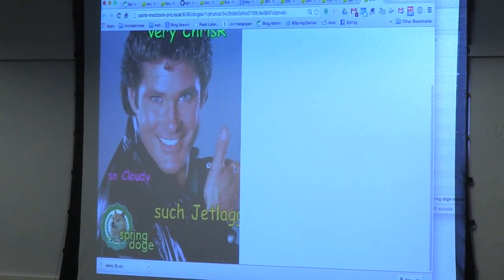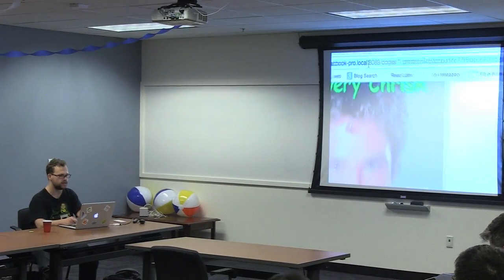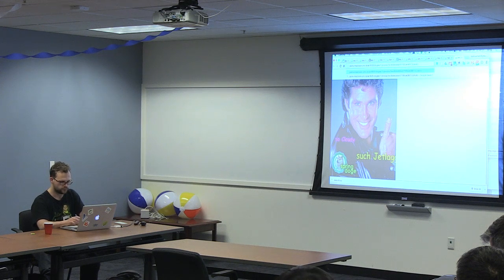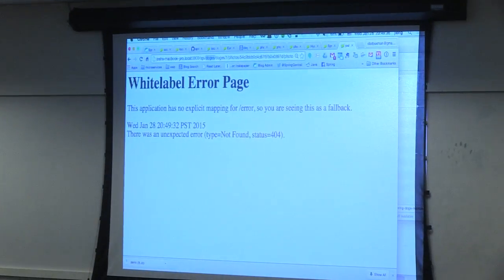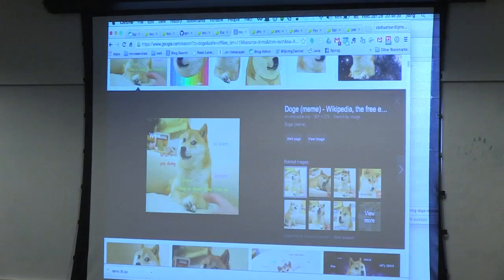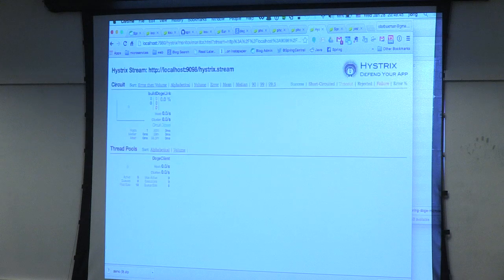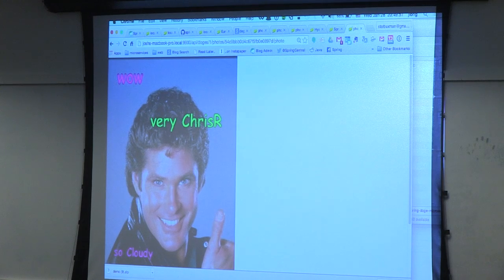The web was built for that, really. So that's the uploaded image, but notice that the URL I'm looking at here is actually the Doge service specific URL, right? I can get it from my 9900. I can go to 9900/API/Doges/Doge. Is that right? Or Doge service? What did I say? I think I did something wrong here. There you go. So I can get it mounted through the proxy as well. I just wanted to show you that it works both ways.